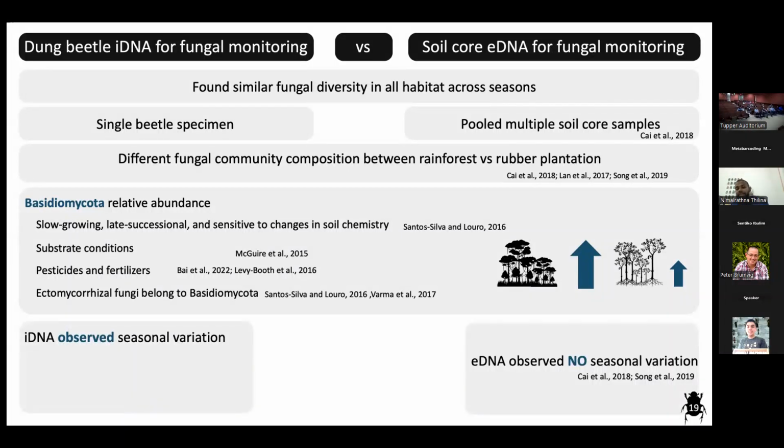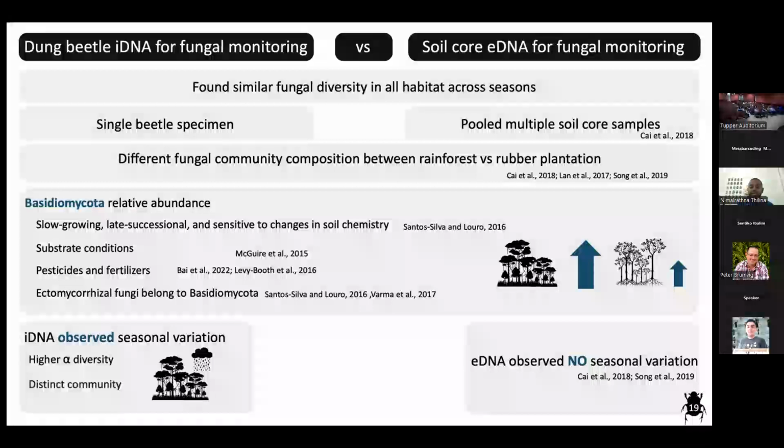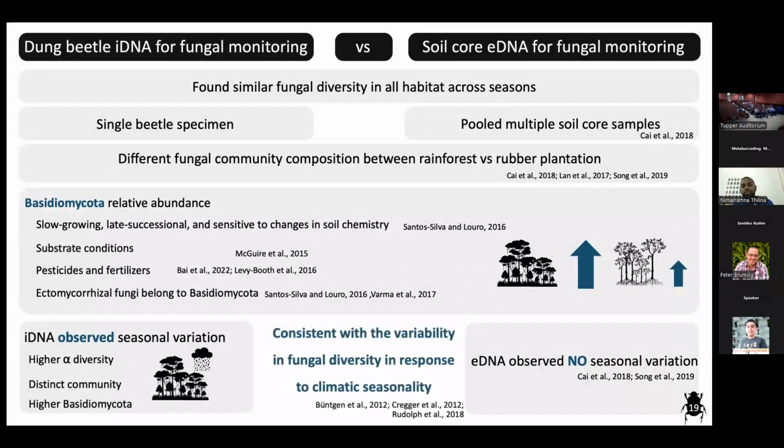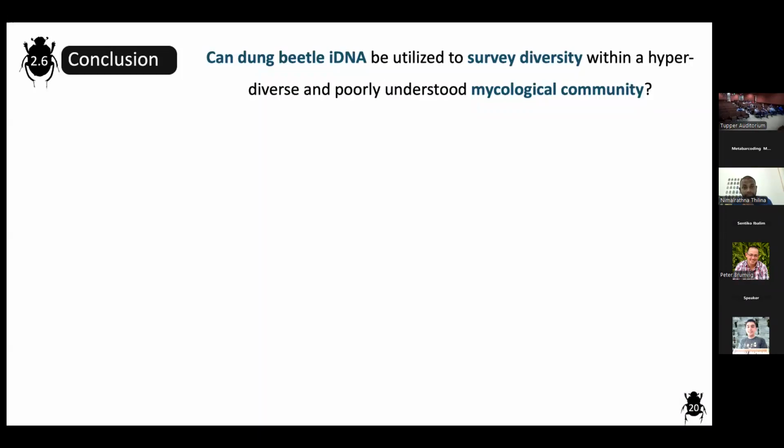The soil-based fungi studies didn't find any seasonal variation in the rainforest, in the same habitat or the same locations. So our study finding is actually aligned with the known ecology and behavior of fungi, which are more responsive to climatic seasonality or to rain availability. So when we go back to our first question, we asked whether the dung beetle eDNA can